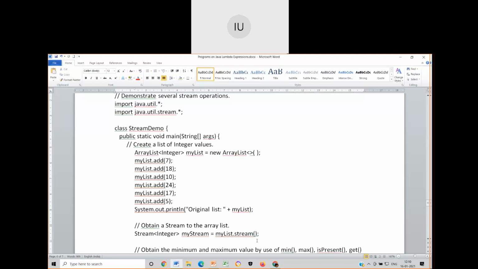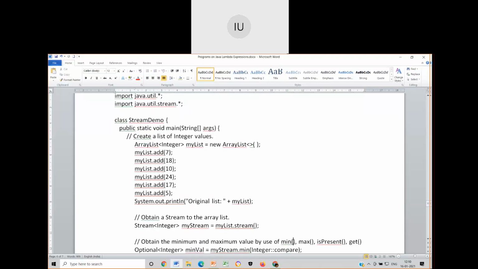Now, on this particular stream, I want to do these kinds of operations. Find the minimum, find the maximum, check whether an element is present or not, and print all of them. To find the minimum and maximum, I have min and max functions implicitly available in the stream class of Java. Then isPresent will tell you whether that particular data is present or not. Get will fetch each and everything and print. Get is nothing but get it, supply it. If I write System.out.println of get, then I will print it.